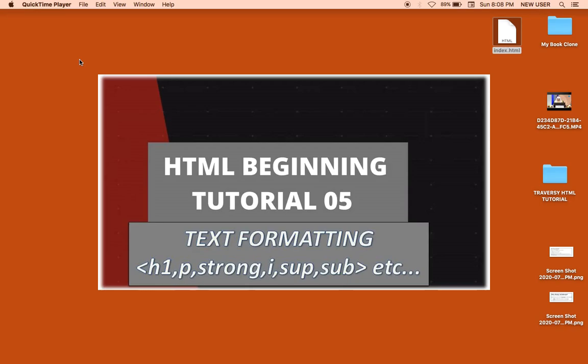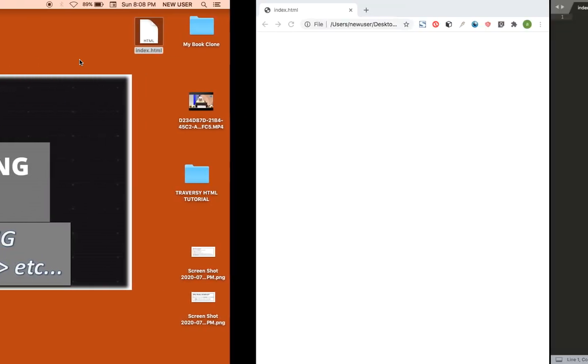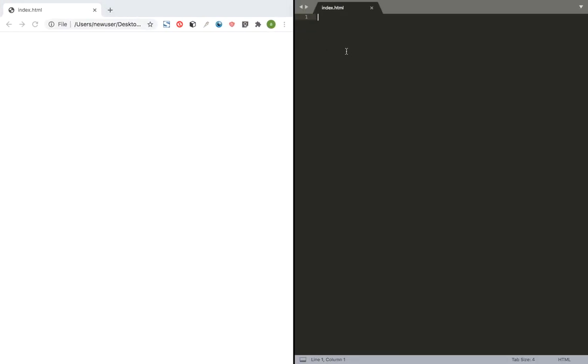Okay, welcome guys. In this video we're going to be looking at the text formatting tags in HTML. So what I did is that I opened up my text editor and saved it as index.html on my desktop, and this is where we are going to render it in the browser. So now we are going to start with